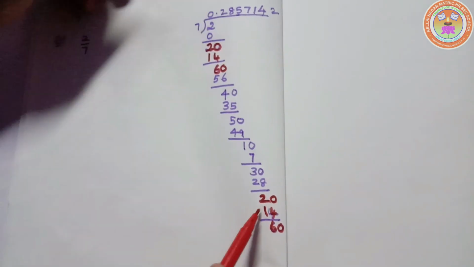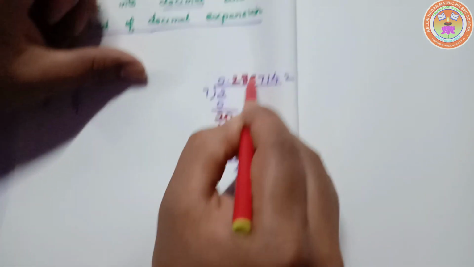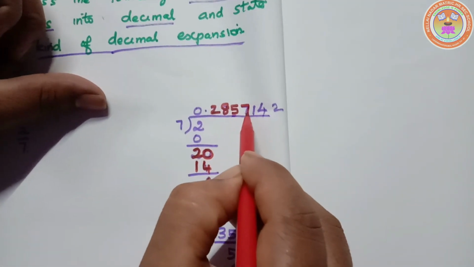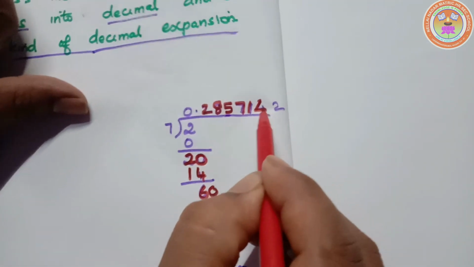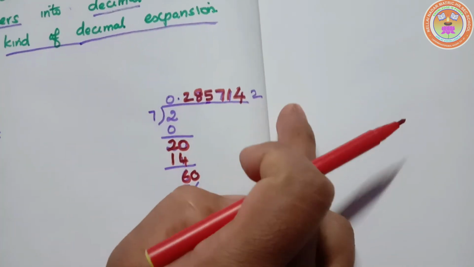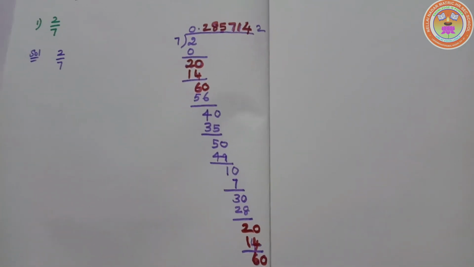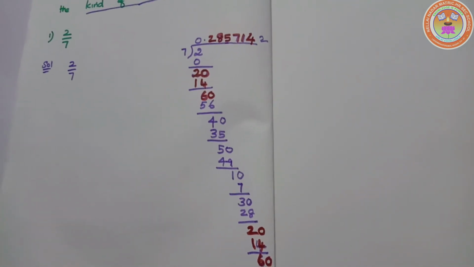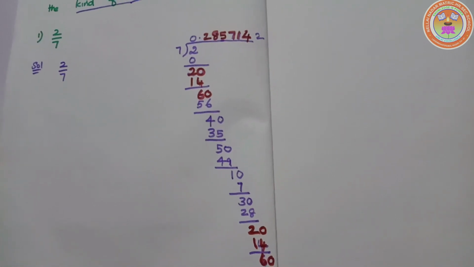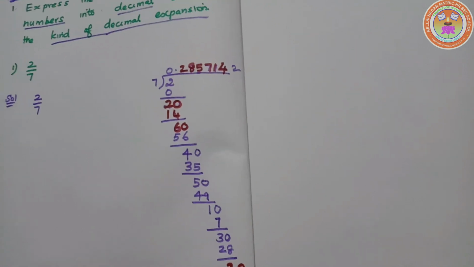That means still here I get 2, 8, 5, 7, 1, 4. Again the number 2 starts. Same way it repeats 2, 8, 5, 7, 1, 4. There is no ending. So this we name it as non-terminating and recurring decimal. So you have to write this as